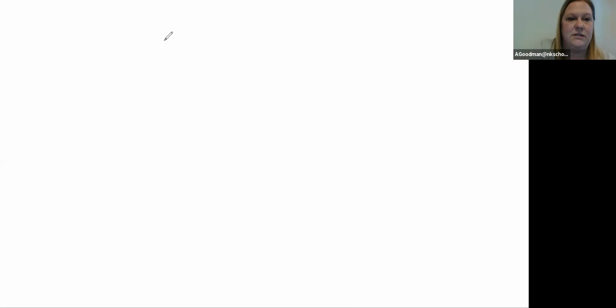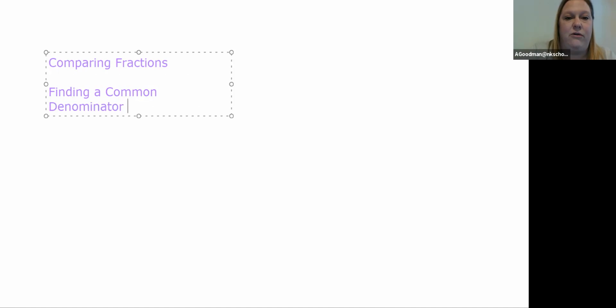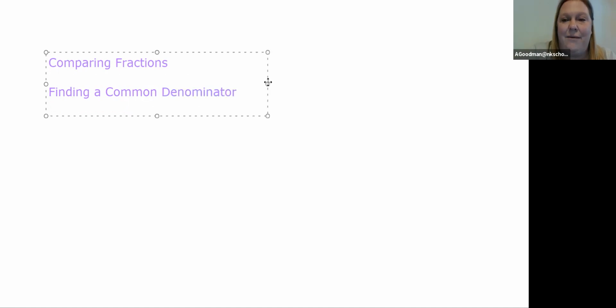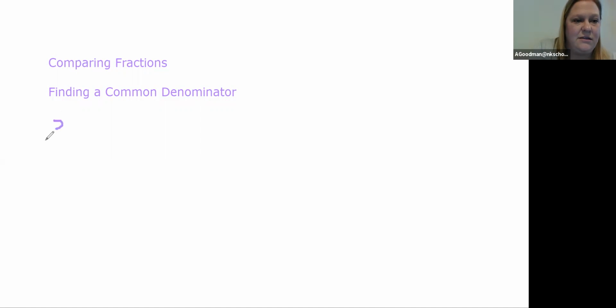So the first one is, I'm gonna use this, comparing fractions. And the first one is finding a common denominator. All right, common denominator. Remember, denominators are on the bottom. So the first thing when we're finding a common denominator, hold on, let me do this, and I'm going to draw in purple. All right, so let's say we had the fractions